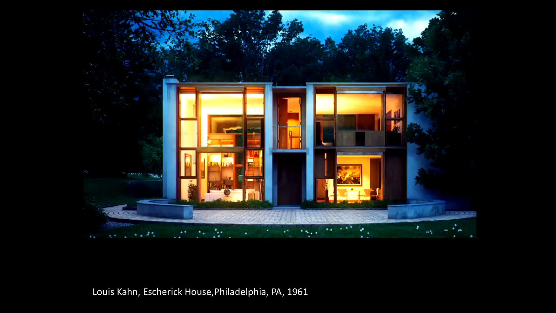Okay, so now we go to another architect. You can see he's one of, especially for the 20th century, the father of tectonics, and that's Lou Kahn. And I like this case of the Esherick House because it shows what I was talking about, and what Frescari was talking about, this mimeticism in detailing, where if you have a small detail, that can reverberate throughout the entire design of the house. And so this is a perfect example.